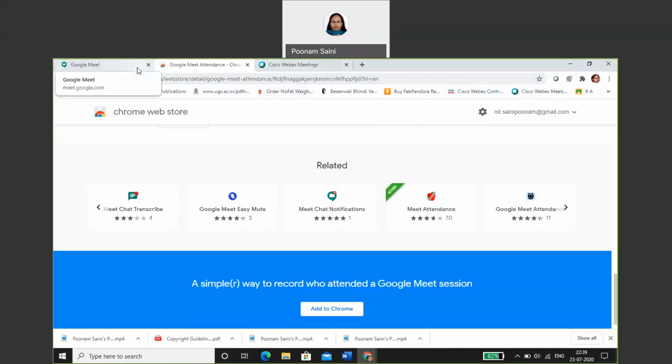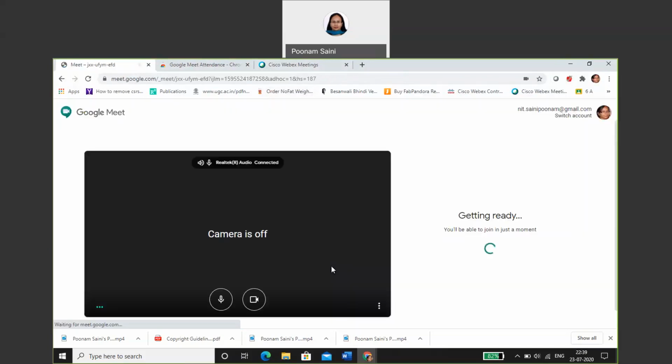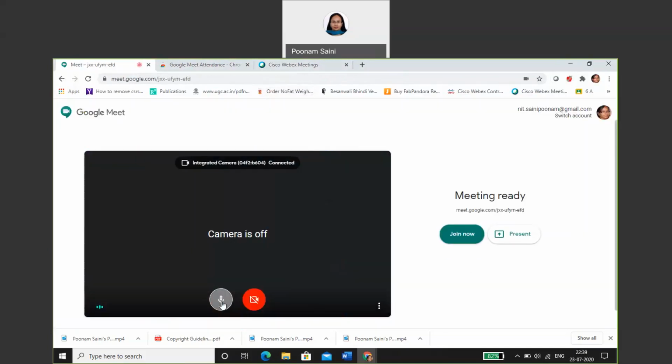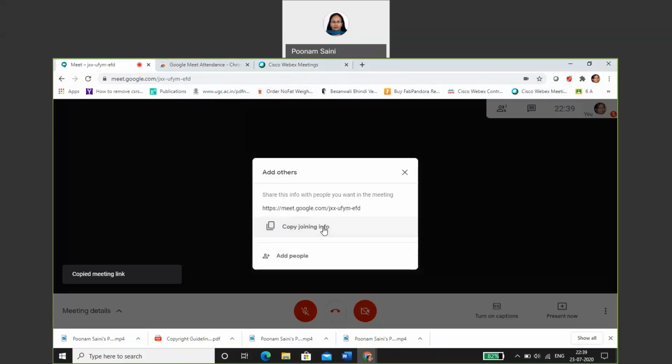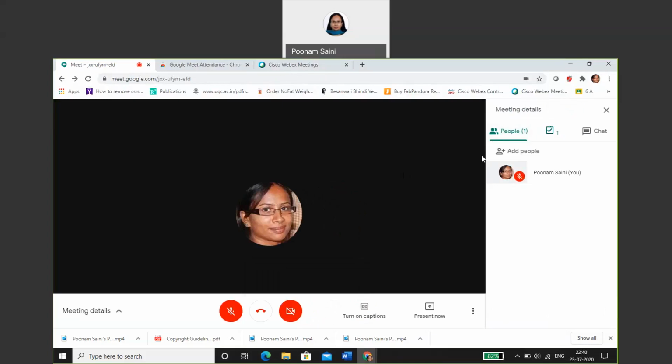So let's just enter into a Google Meet, and then let us try to see where this Excel sheet will be available for you. So now I'll join and I'll copy this information, and then I'll try to join this Meet from some other account as well. So here, when you have hosted your Google Meet, you can see that there are participants, and when you click upon these participants, as you have your extension added to Chrome, you can see a new feature which is added along with people in chat here.